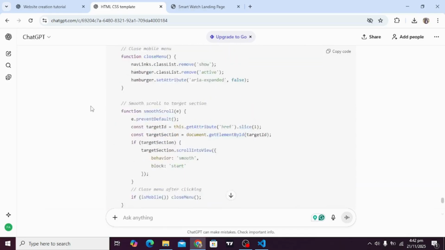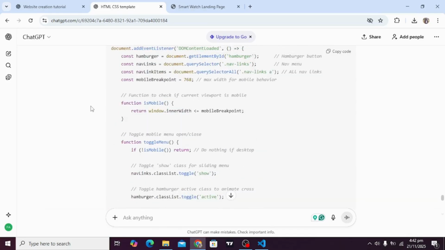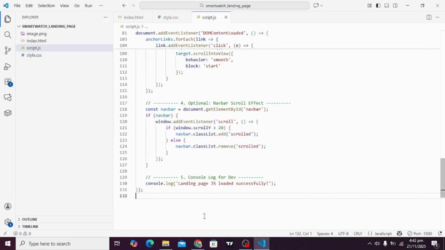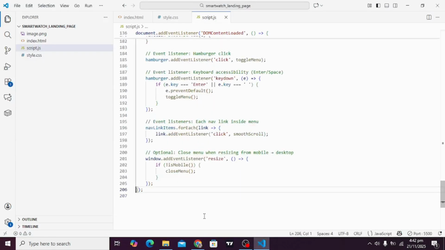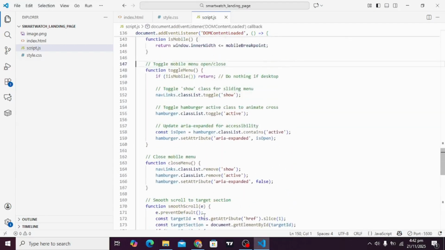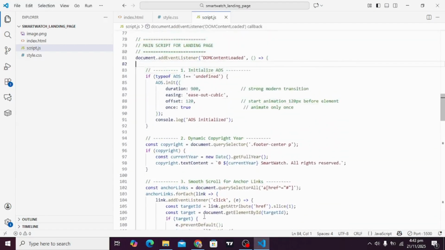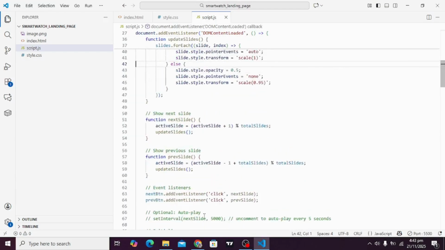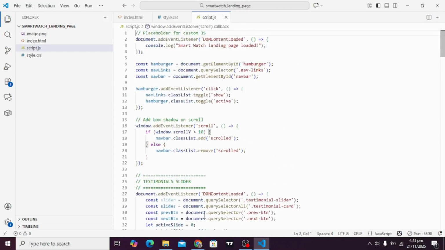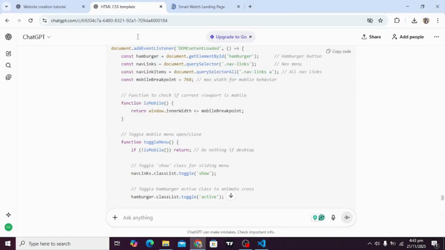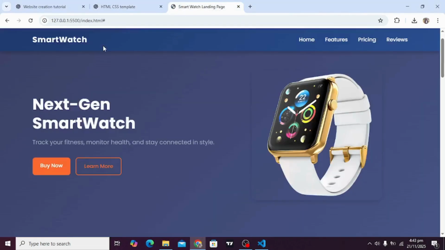Okay, so let's copy and paste here. Hope it will make our menu look beautiful, good, and work as we want it to work. So let's go and see what it is doing.